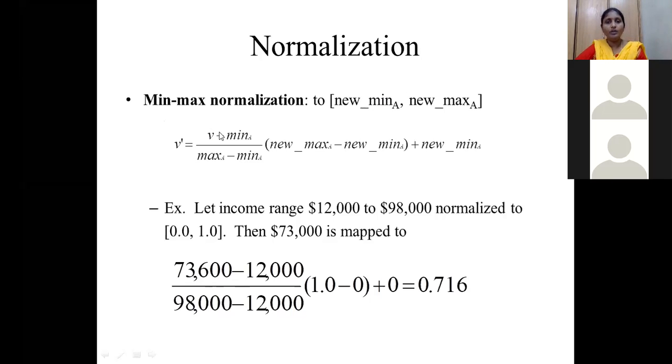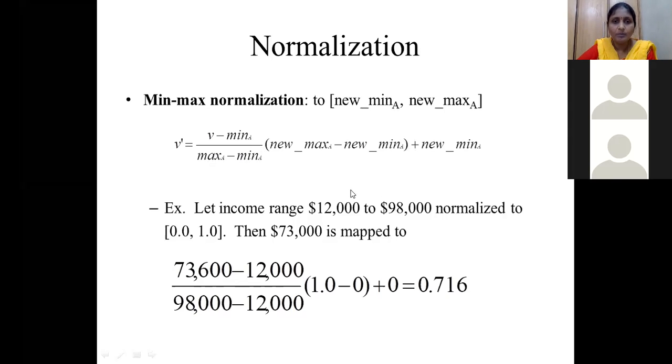So what is the formula here? Note down the formula. We will do some small calculation. Here the formula is V dash is equal to, that means we are calculating the new normalized value for attribute V. అంటే న్యూ వాల్యూ ఫైండ్ అవుట్ చేస్తున్నాం కాబట్టి దాన్ని V డాష్ అన్నాం. ఏ అట్రిబ్యూట్ కి ఫైండ్ అవుట్ చేస్తున్నామో ఆ అట్రిబ్యూట్ V. V minus min_A divided by max_A minus min_A, into (new_max_A minus new_min_A), plus new_min_A.